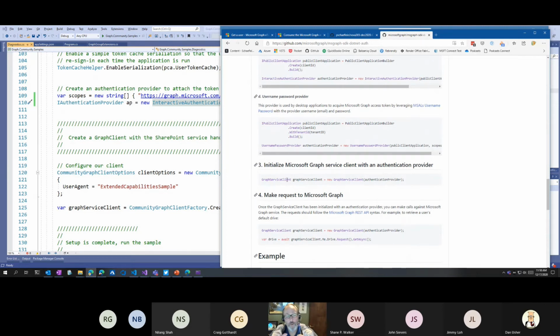Now, a word of caution, this library is in preview, and Microsoft has said it will not go GA because they are working together with the Azure team. Azure has a concept of managed credentials or shared credentials.